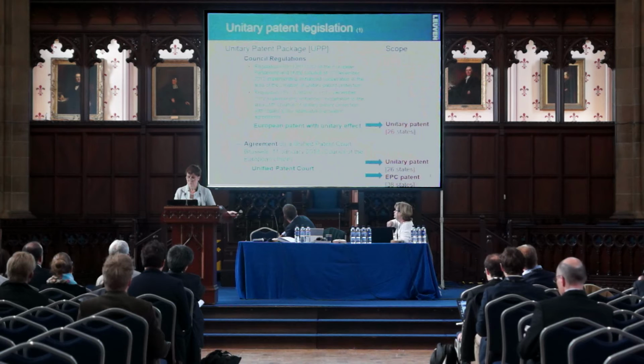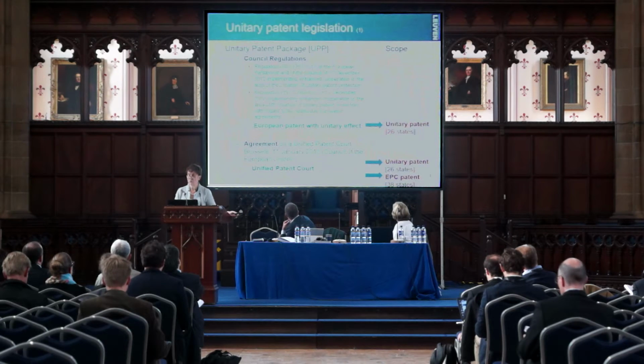Now, the implications are the following. The European patent with unitary effect and the council regulations relate to the unitary patent, stricto sensu, and the agreement relates to both the unitary patent and the old-fashioned European patent, which you can tell from now already it's going to be a complex landscape because you have different rules applying to different